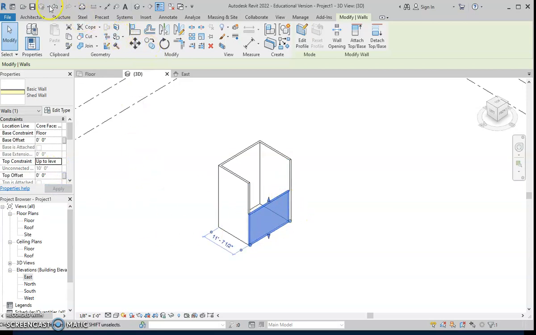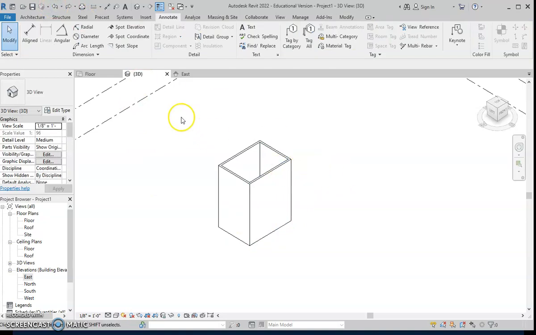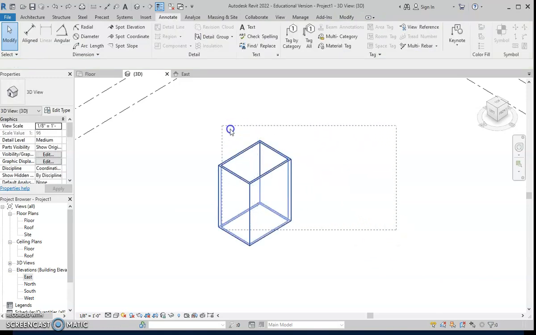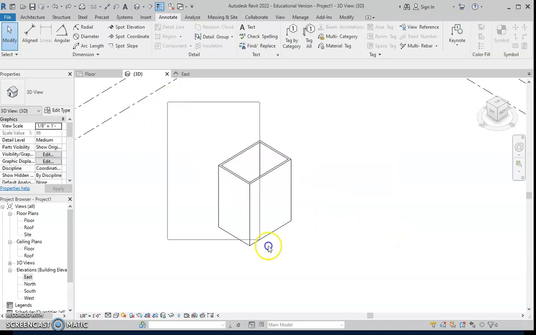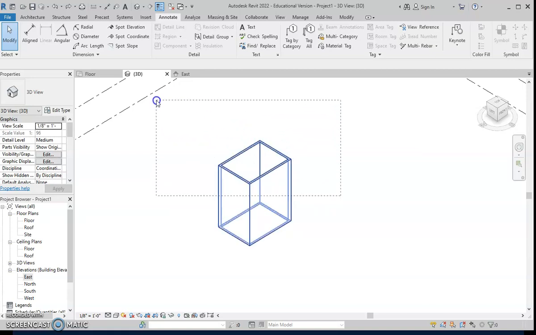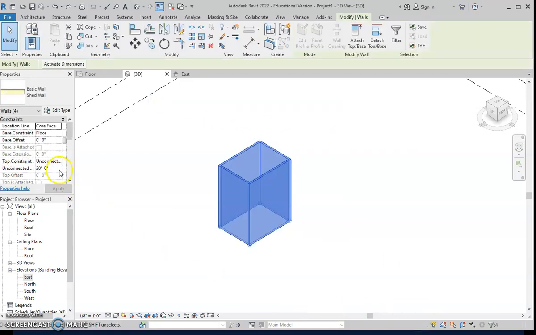Let's do this an easier way. Some style points here. When I click and hold and go to the right, I make a box. Anything that's within the box gets selected. If I go left to right, only what's completely inside the box is selected. So watch. If I went like this, it would select nothing because I didn't get them completely in it. But conversely, if I go from right to left, anything it just touches will be selected. But any way you do it, I could just click, I could hold control too and select them all at once. I select roof,